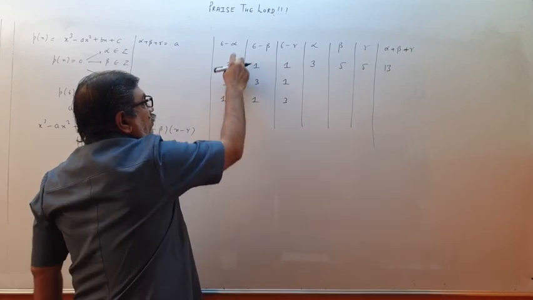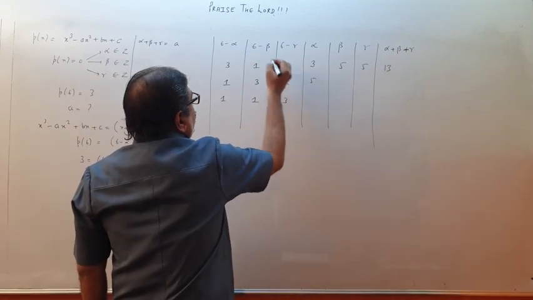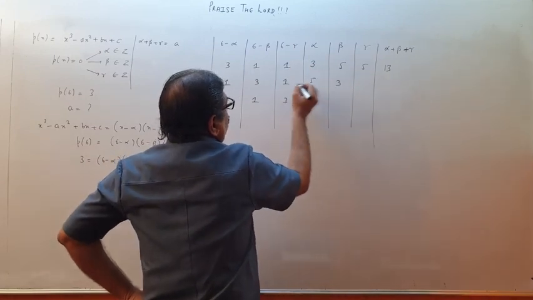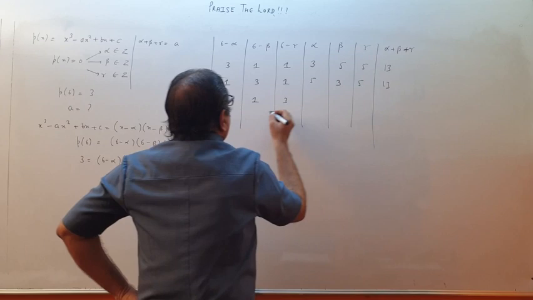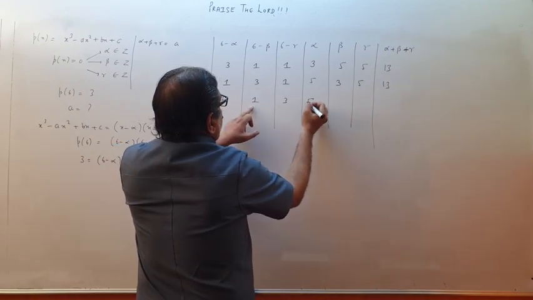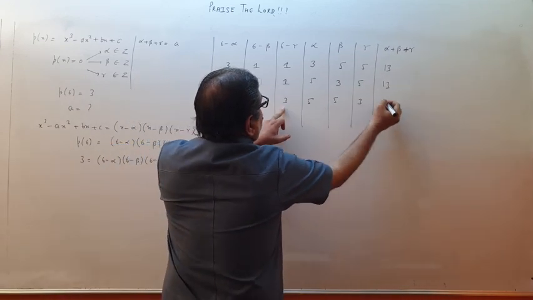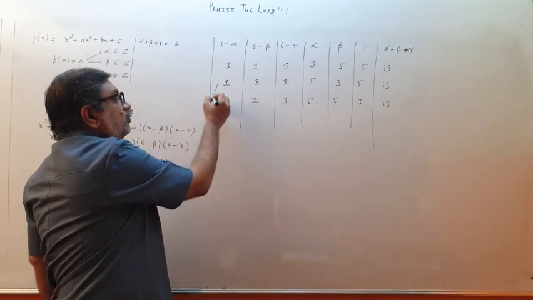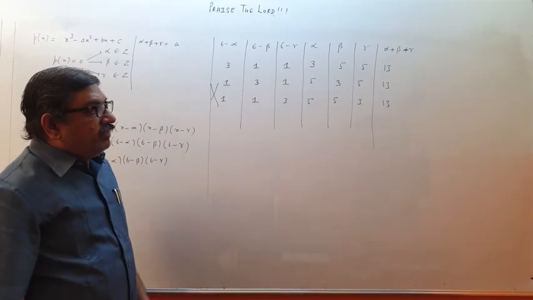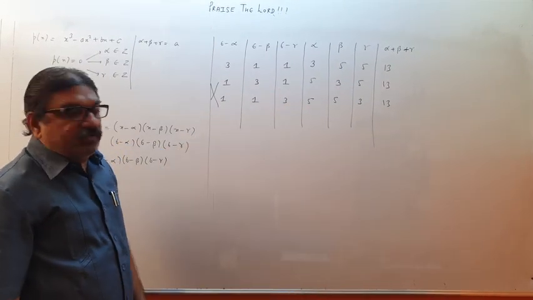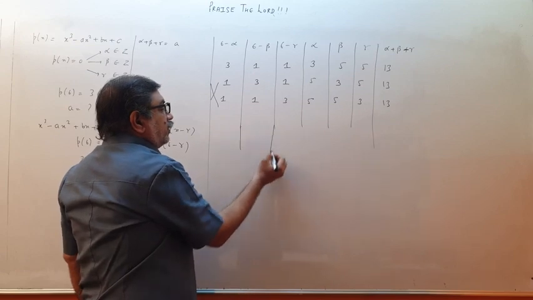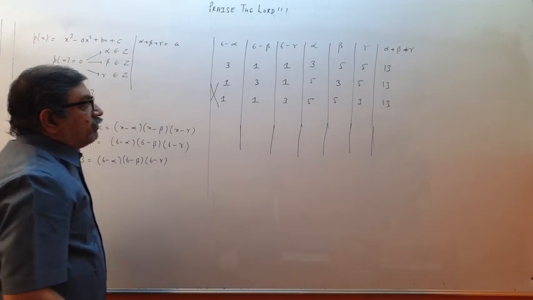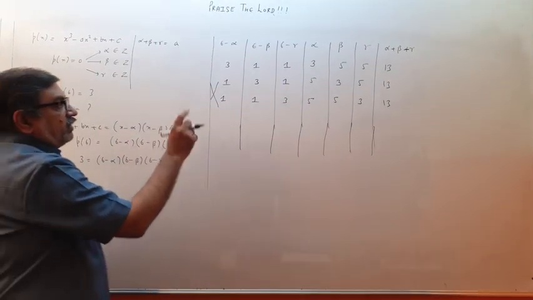If I take this option, 6 minus alpha is 1, so this will be 5, 6 minus beta is 3, so this will be 3, and 6 minus gamma is 1, so this will be 5, again this will be 13, and like this will be 5, this will be 5, and this will be 3, again 13. So children, if I take one arrangement of 3, 1, 1, I need not think of other two arrangements, they are not required. We can make out because alpha plus beta plus gamma will remain same. So for every option we did not think about the other two permutations. Then what other options can be there for these three numbers? 3, 1, 1 I have taken.